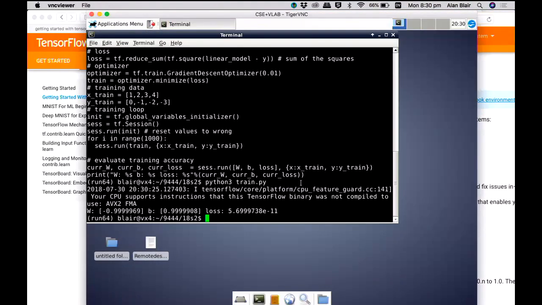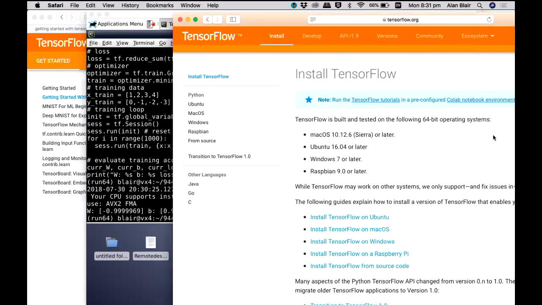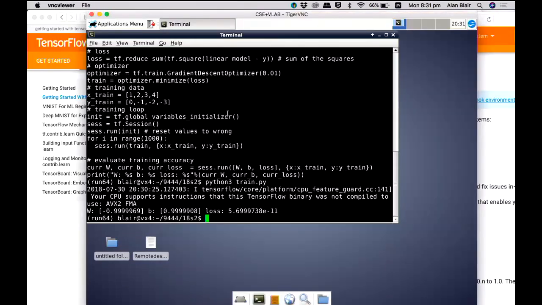I guess it must be Y equals 1 minus X. So B should be 1 and W should be -1. So it's gotten very, very close. And the loss function is something times 10 to the -11. Okay, so it's obviously a very simple example, but it's doing what it should. This is from a very old version of TensorFlow. So this would have run under the old version anyway, but it also runs under the new version, because it's a sort of common syntax.